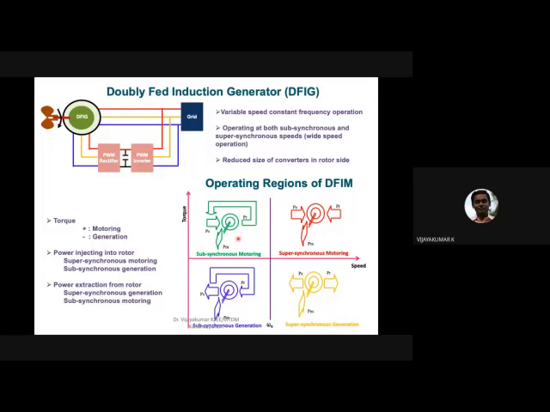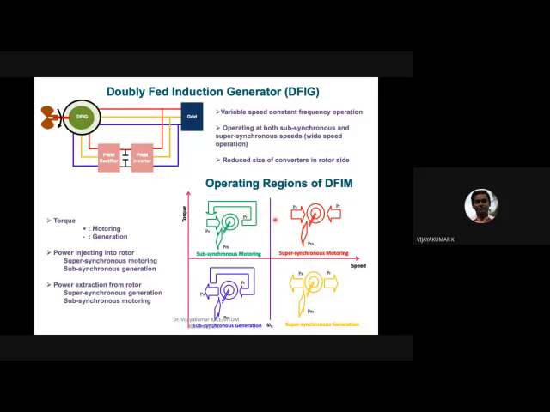At the same time, there is supersynchronous motoring, and subsynchronous as a motoring, but we overcome that operation by injecting the power at the rotor terminals, right? So you are able to operate your machine as a motor during supersynchronous speed. So these are the 4 modes of operation in the DFIM, double fed